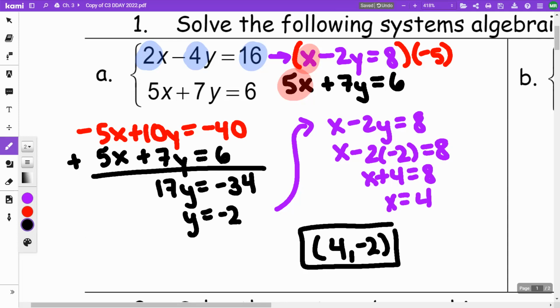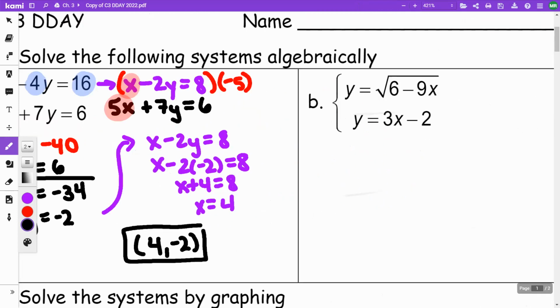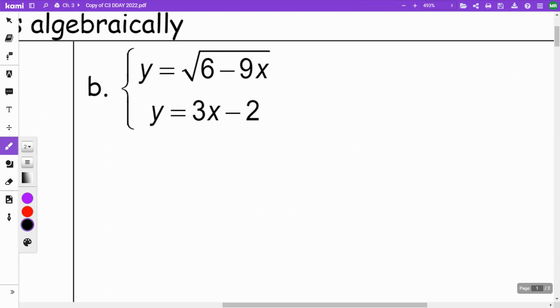Now, I used elimination on this one. On B, I'm going to use equal values. Okay, so on B, I have a square root and a linear graph. So I am going to take the square root of 6 minus 9x and set it equal to 3x minus 2. Now, when we have a square root,